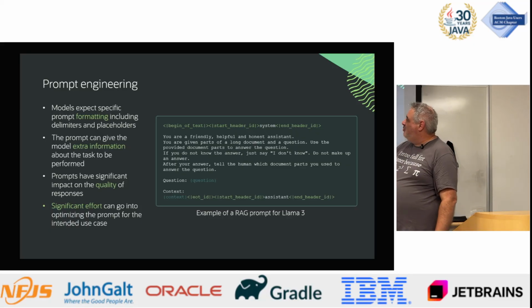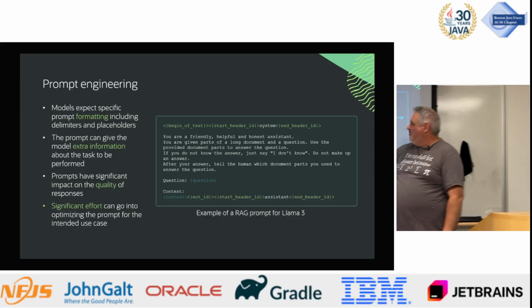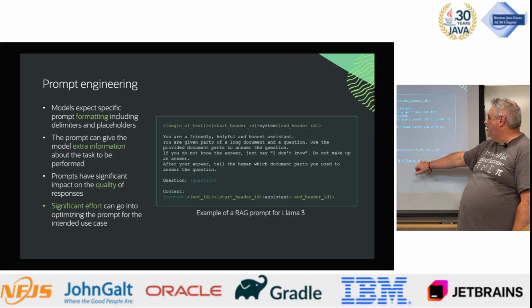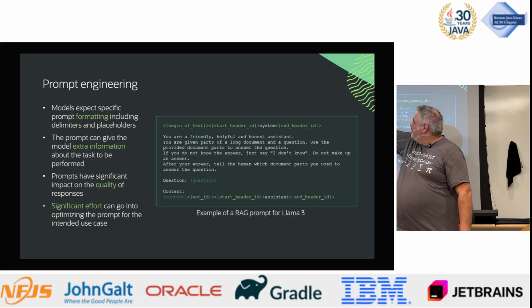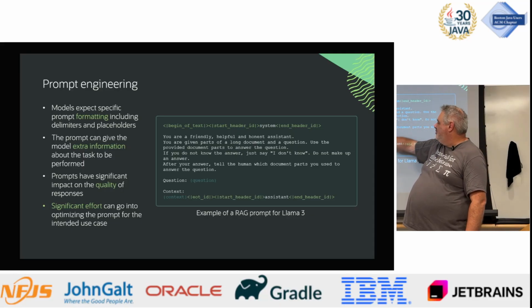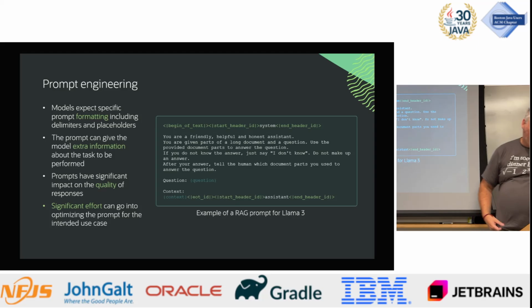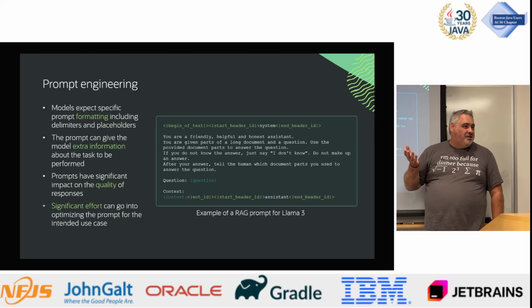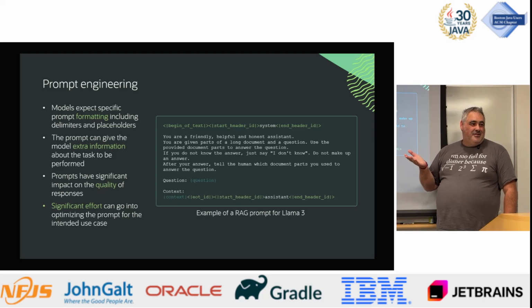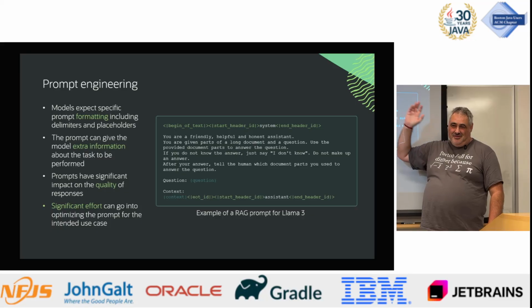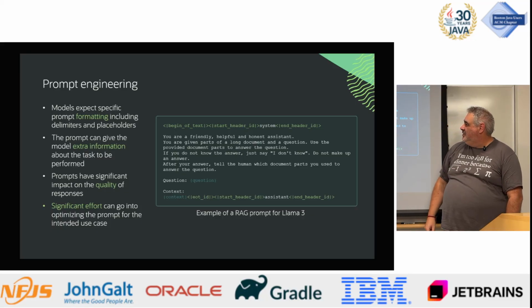So the prompt, I mentioned the prompt. Prompts are what is given to the model. This is an example, I think from memory, of a Llama formatted prompt. Yeah, this is a Llama 3 prompt. You see they have these special tags that tell it, here's the system prompt, here's the user question, here's the context, blah, blah, blah. And every model has a different way that they expect this to look, right? They're all different. So if you want to try different models with the same thing, you've got to figure out what format each one wants, all that kind of stuff. So that's a lot of work.